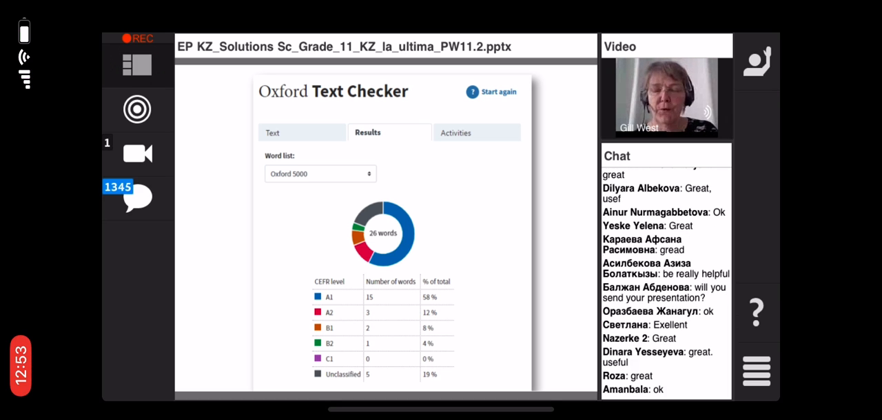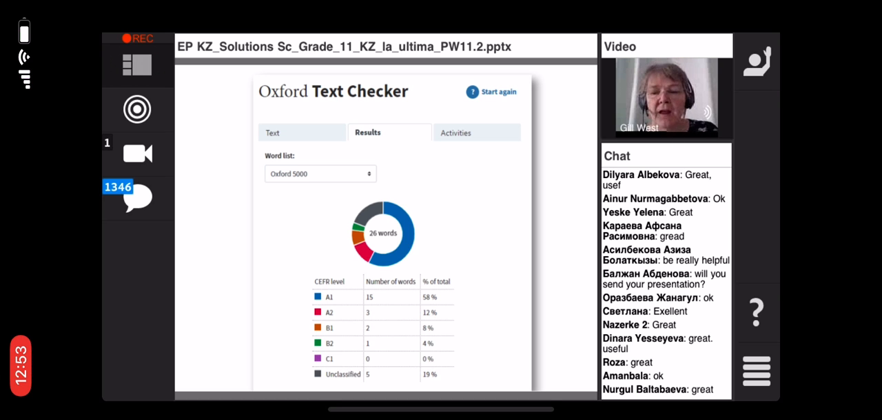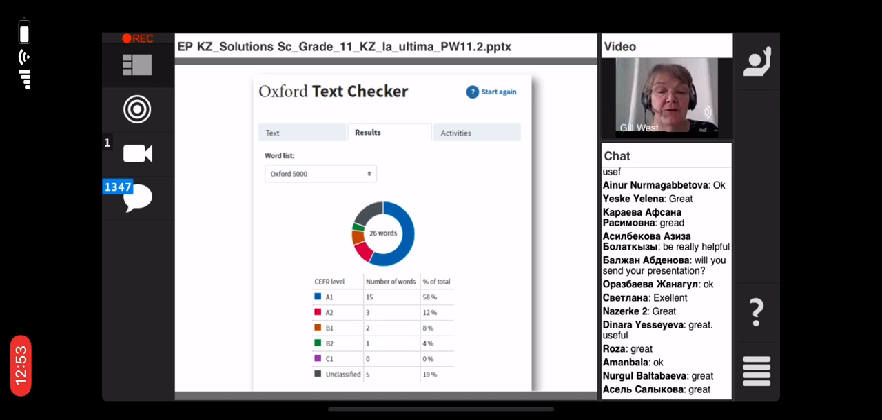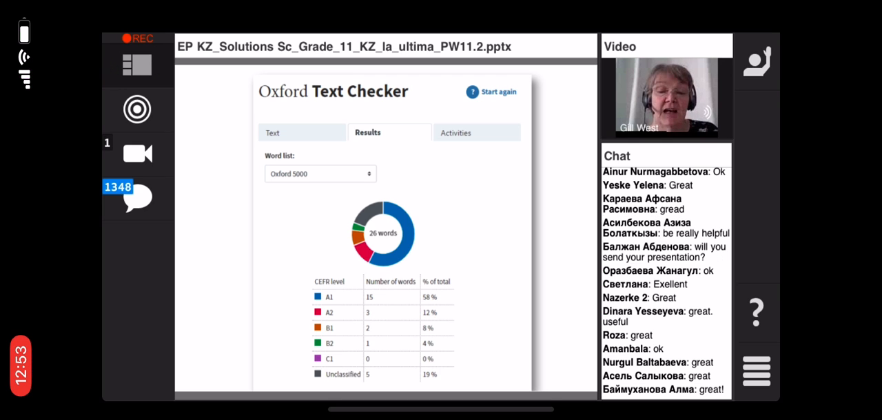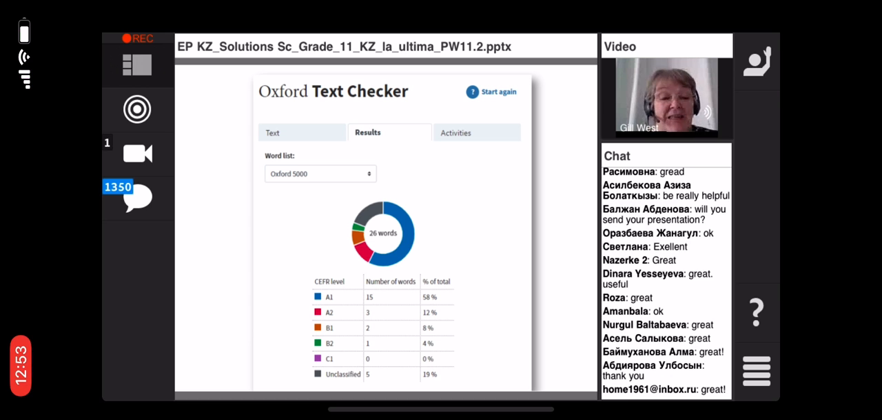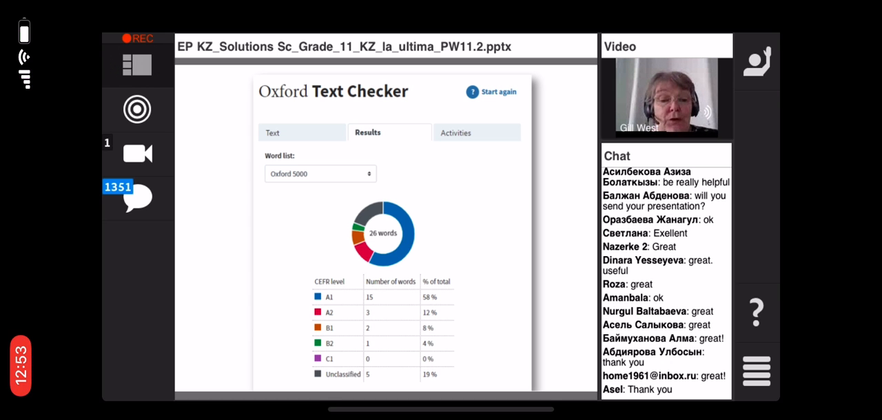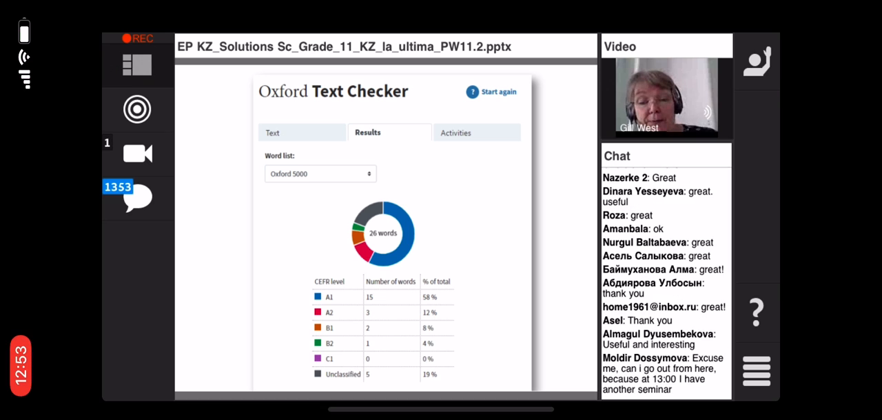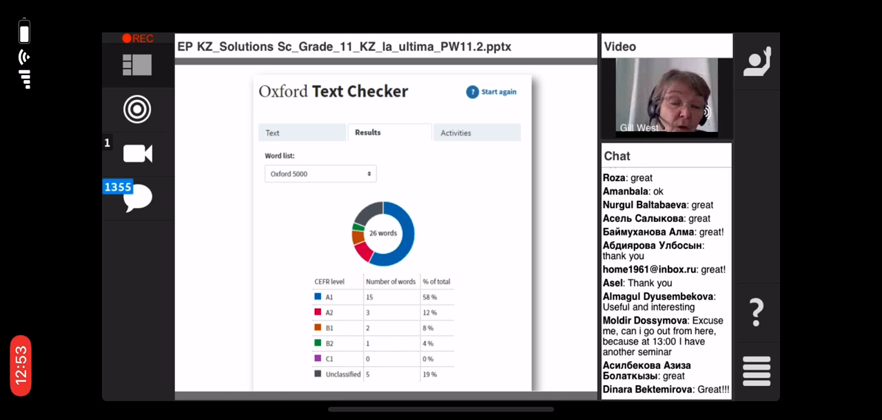No, it's not, because a lot of the words are actually very simple. A2, 12%. So that makes up 70% of our text is actually an A1, A2 level. Okay, I'm glad you're liking it. It's really good. Okay, 8% is B1, 4% is B2, C1 we have nothing, and then somebody asked for the